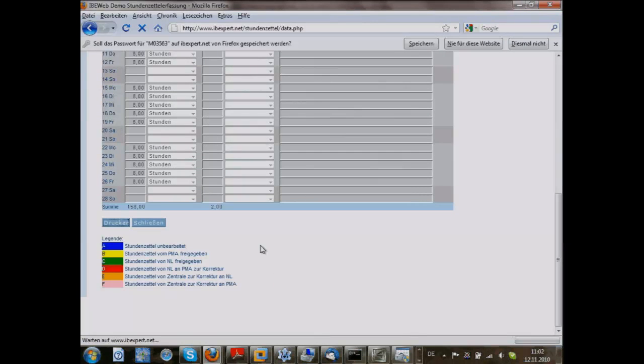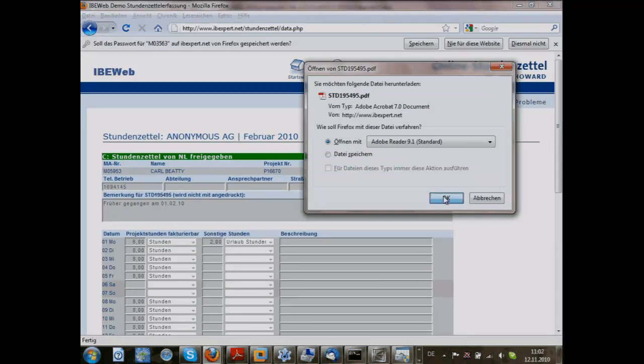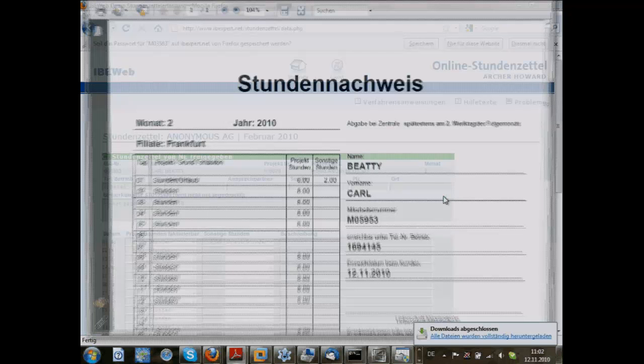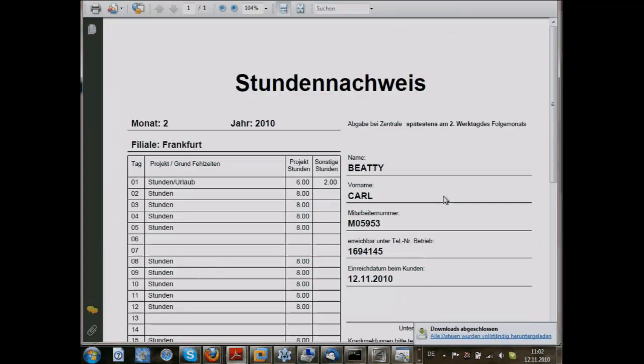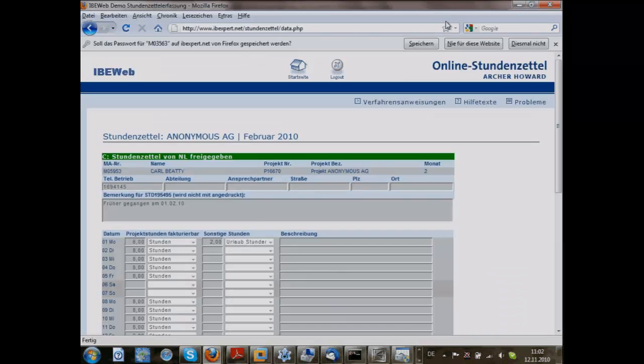And when I simply press on print, I get a PDF created in the background on our server. And the PDF is now sent to me for download. And we can have a look here for the PDF file. And this is a PDF file which was created based on fast report technologies.